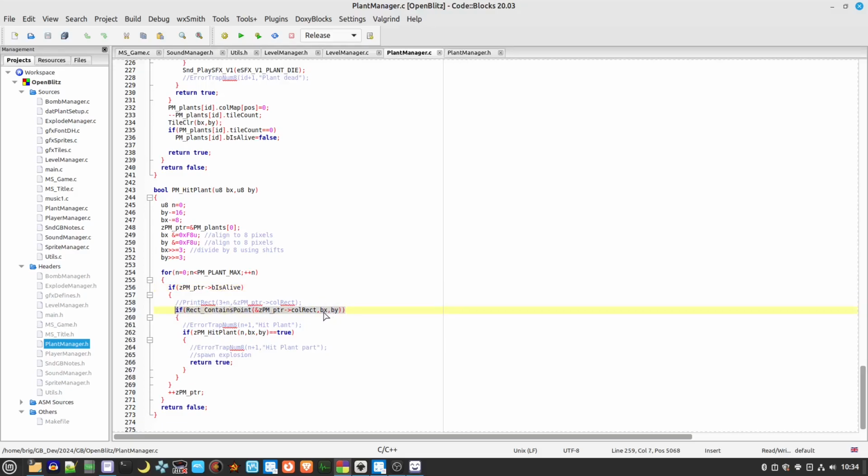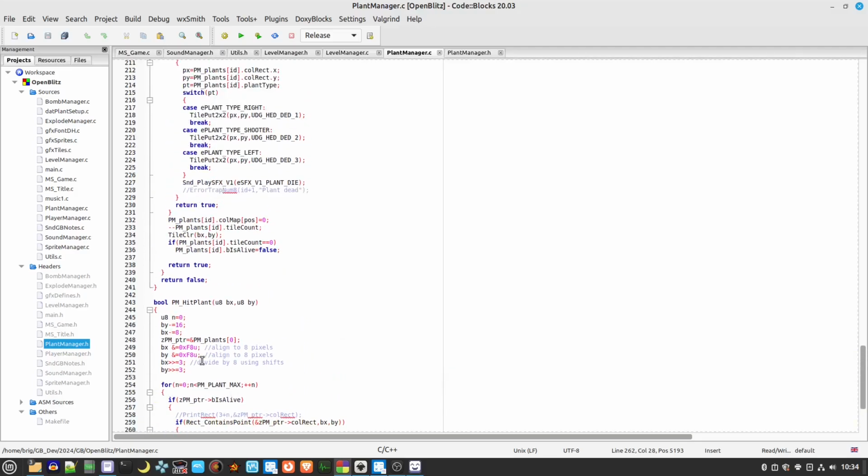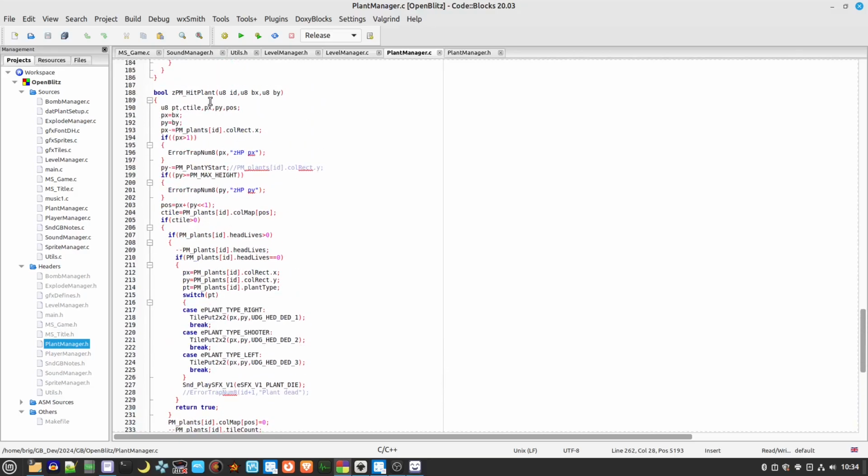If the point bx and by is inside the collision rect, then we carry out our second collision detection function here, which is the private function hitPlant. What this takes is the ID of the plant, and as there are 9 plants, that can be 0 to 8. And the tile location there. So if we go up here,